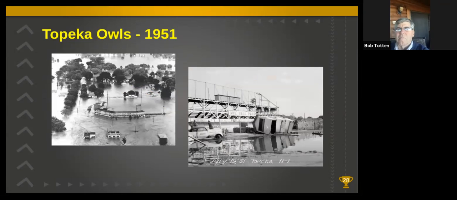And by July 24th, Norris was asking the league to extend the season by 2 weeks in order to make up the games. But his proposal was voted down by the other teams because they were losing money and it would have just prolonged and increased their losses. So as a consolation, they canceled the Shaughnessy Playoffs, but they gave the championship to Topeka because they were leading in the league standings at the time.